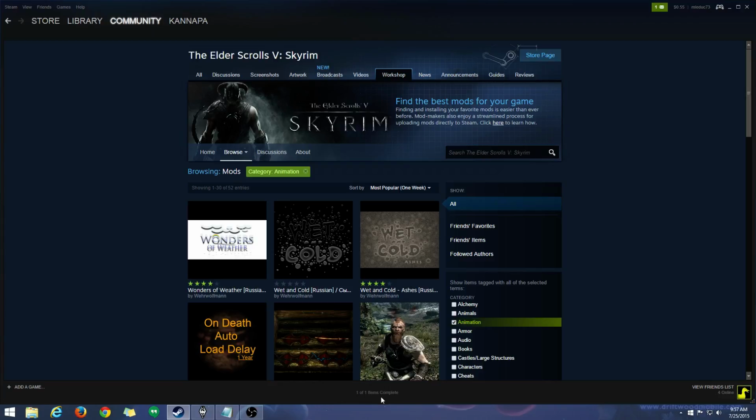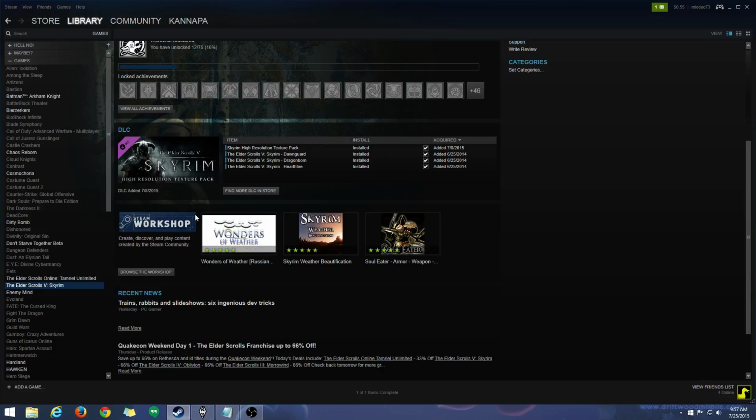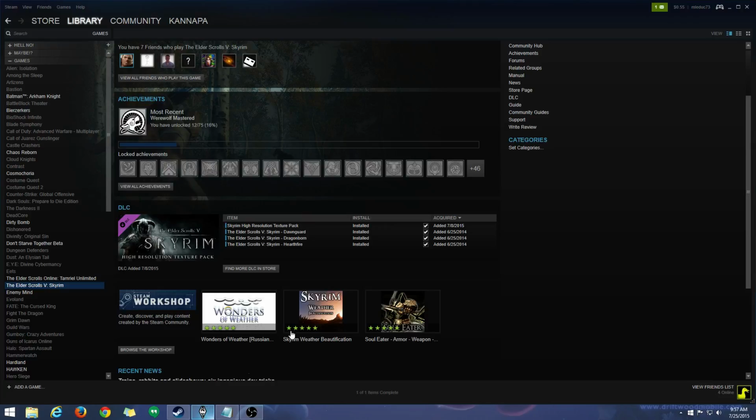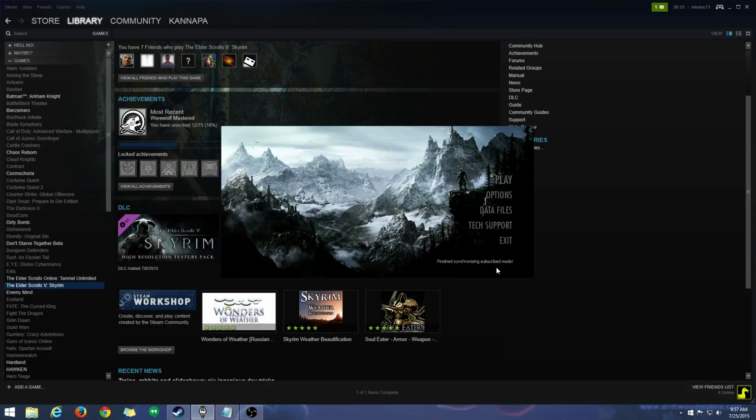So just do that, and you won't have that problem. So after you've downloaded all your mods, you'll go to your launcher in Steam, and you'll hit play. I already did this because this takes a while. The more mods you had, the longer it takes to check. So I already did it, because what you'll see here is it'll check each mod,